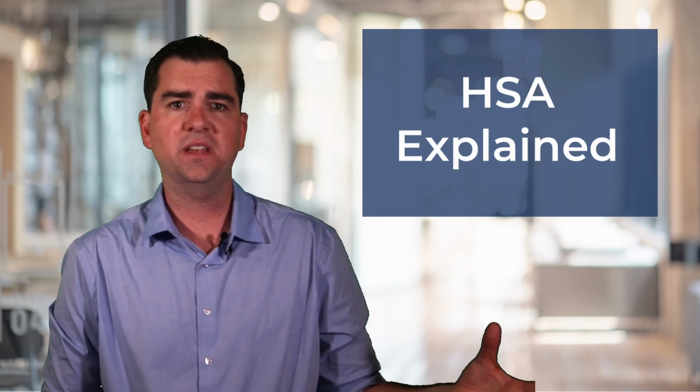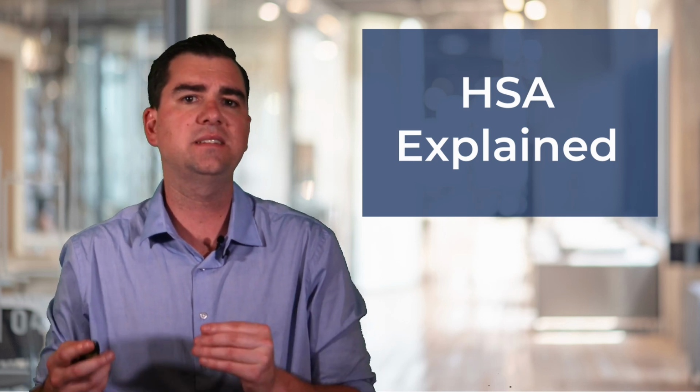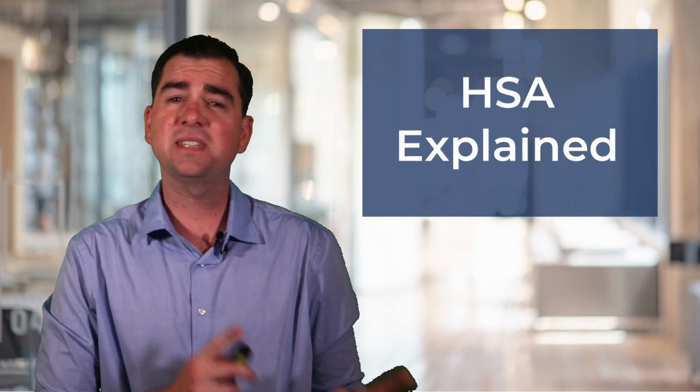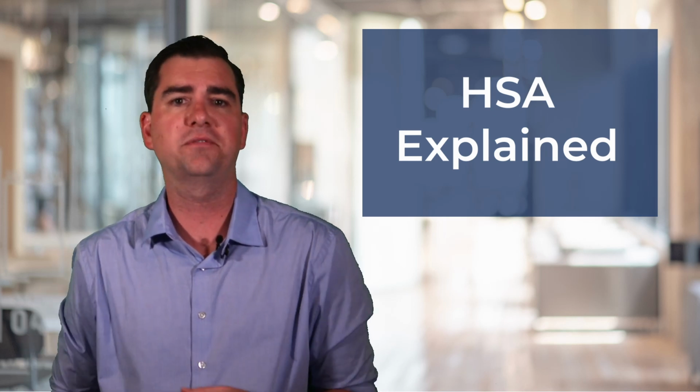You pair your HSA with a high deductible health insurance plan. Basically, you pay a low premium and have a high deductible health insurance plan. You take the money you saved on your lower premiums and put it into a tax deductible savings account. If you ever have a high medical bill, you pull money from your HSA. Many employers like these plans because they can contribute to your HSA, which helps you directly pay for your healthcare